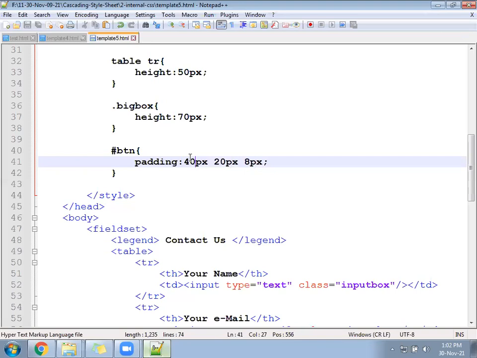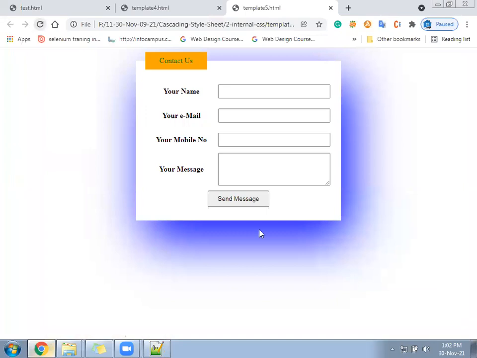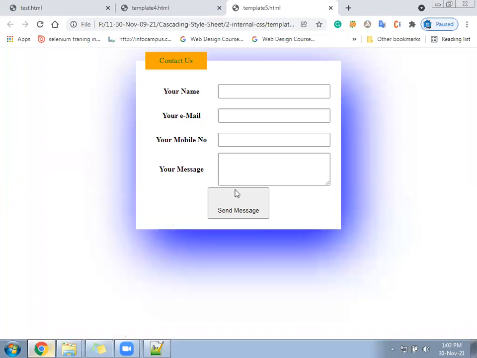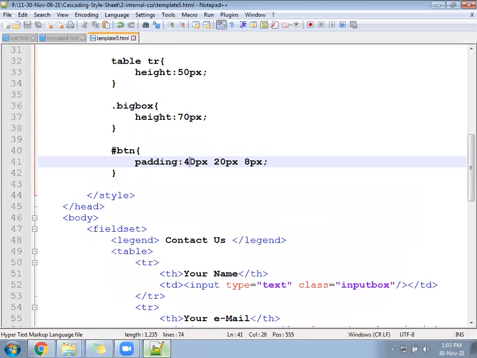It increased from the top. See, when I go here, it's increased from the top. The button becomes something else. So for that, the first number and the last number should be equal. Then top and bottom will be equal.